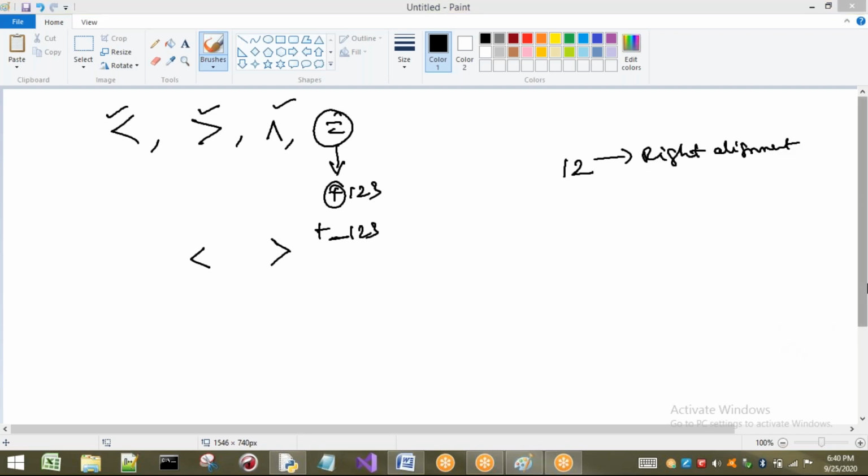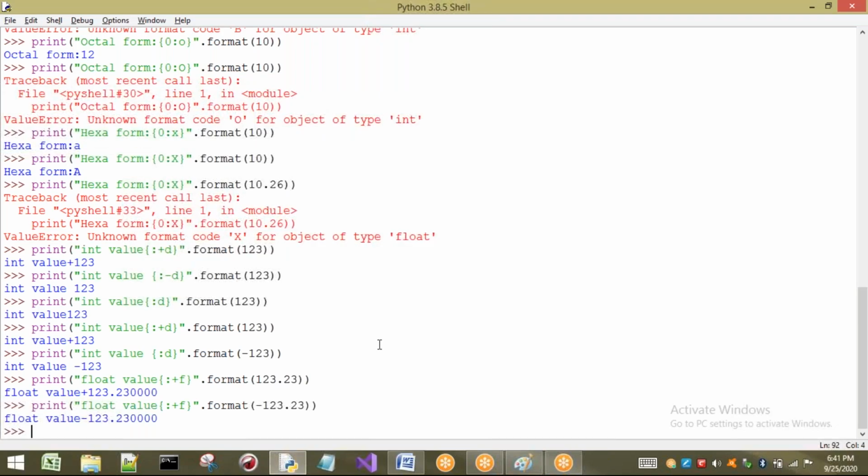First I will show you the normal case, that is without alignment. For formatting, we have to use both curly brackets and format. If you are using this replacement operator, we compulsorily have to use the format method.